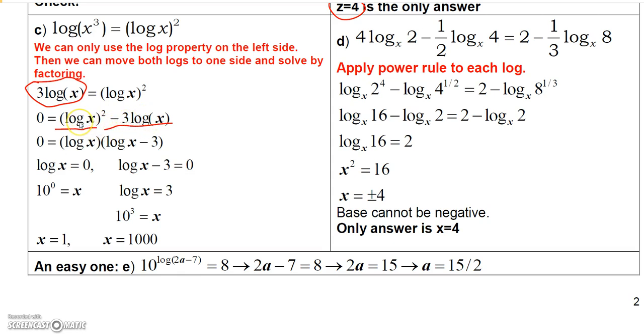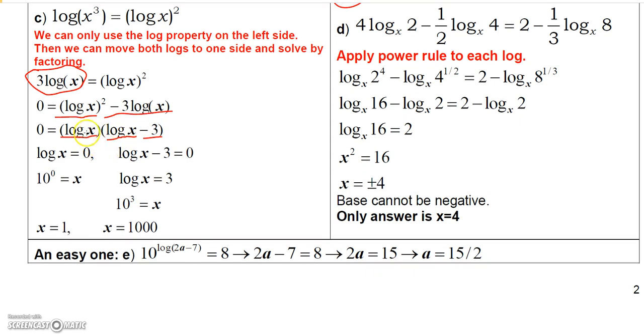So if I factor a log x out of both these terms, if I factor the log x out of this term, I'm going to be left with a log x. And if I factor a log x out of here, I'm going to be left with minus 3. So then I know that the only way this product can equal 0 is either the log x has to equal 0 or the log x minus 3 has to equal 0. So let's solve each of these equations